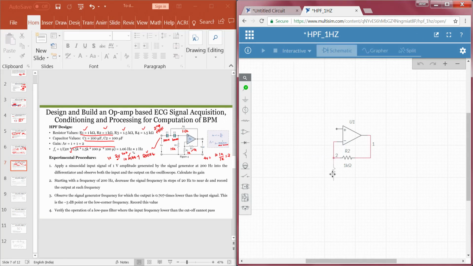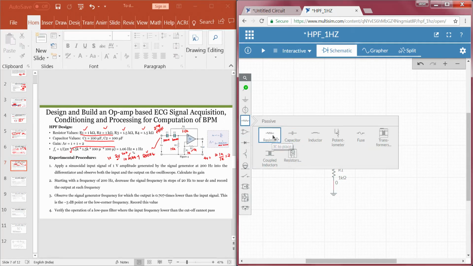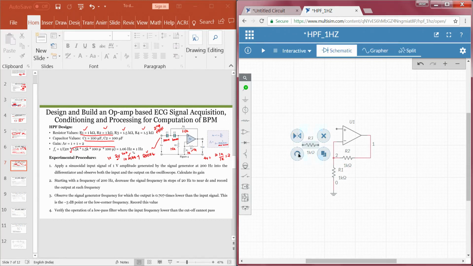right. So, the input resistance and the feedback resistance, which decide the gain of an op amp, are done. Now, what else? We have to do the filtering part, which is nothing but C1 R4 is one part, C2 R3 is another part. So, I will take 2 resistors again. One is R3, this is our R3 resistance, and the value that we choose is 1.5 K, change it to 1.5.